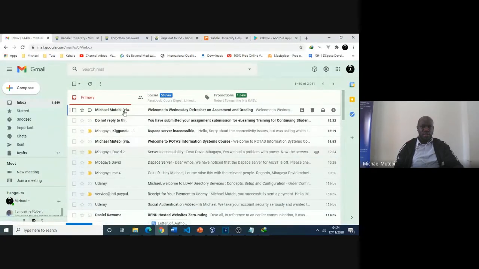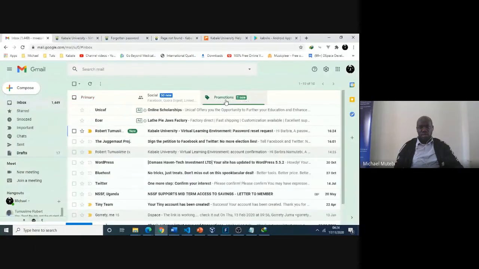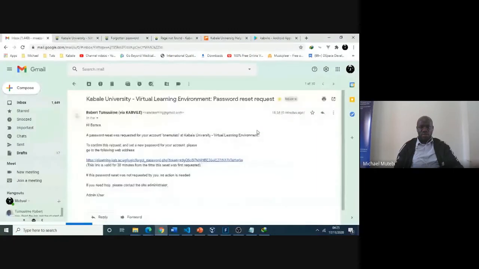I see I don't have the email in my inbox, but under promotions. If you don't see it in your inbox, then you always check under the promotions tab. There is a primary, social, and promotions tab. So under the promotions tab, I click, I see a message from Kabbalah University Virtual Learning Environment, password reset. So when I click password reset,